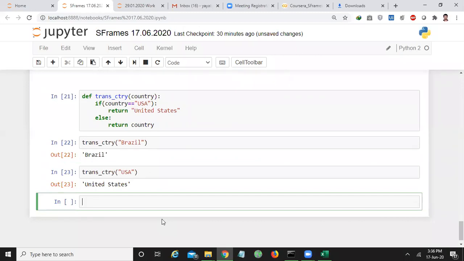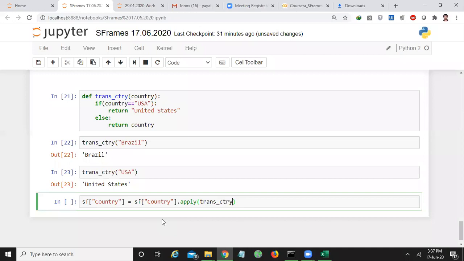Now what I want to do is apply this transformation to the entire column of our given data set. What is that? It is sf['country'] = sf['country'].apply(trans_ctry).